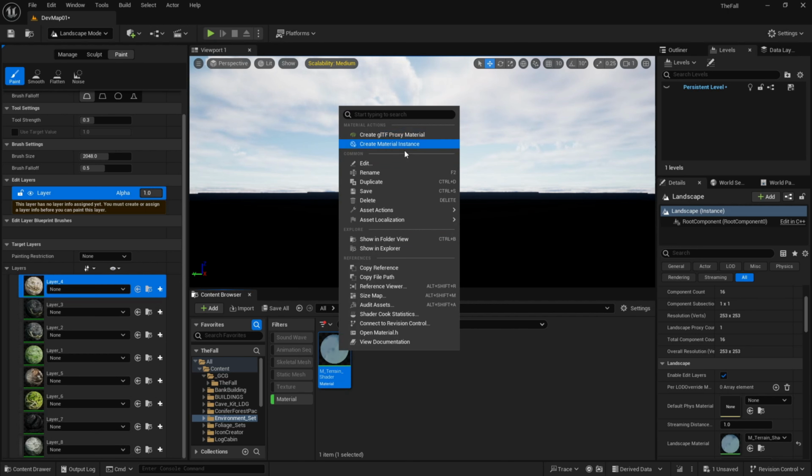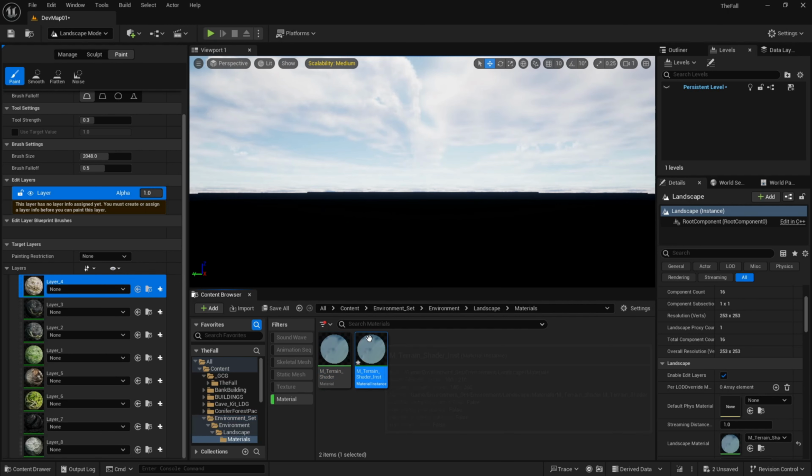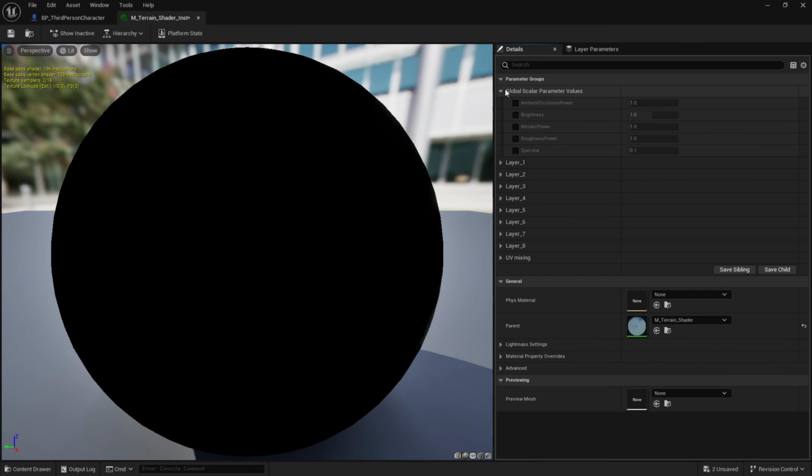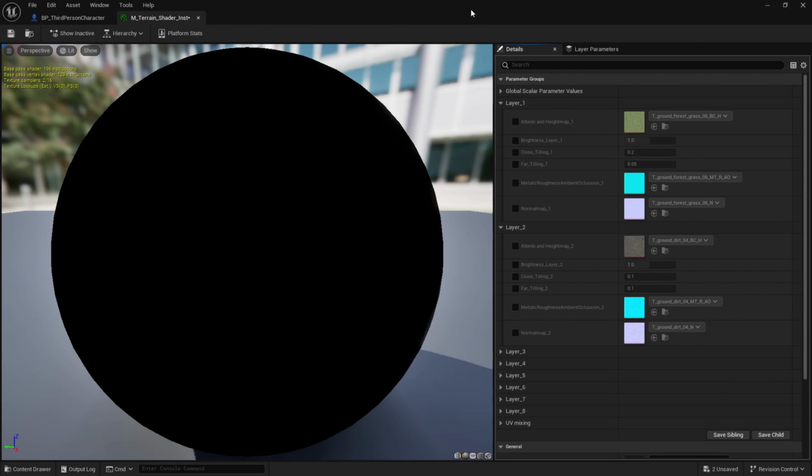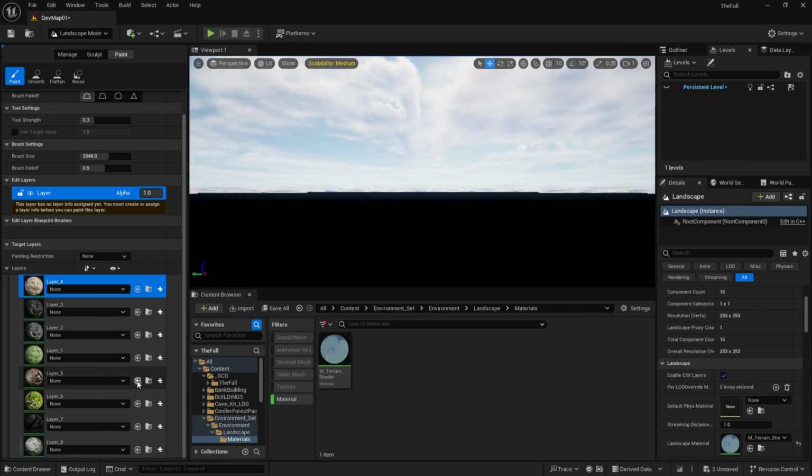I'm going to create a material instance of this. Does that give me any information? It does indeed. Alright. I don't even know where this particular one came from. Layer 1 is grass, layer 2 is dirt. Okay, so I'm 1 and 2. So layer 1, create